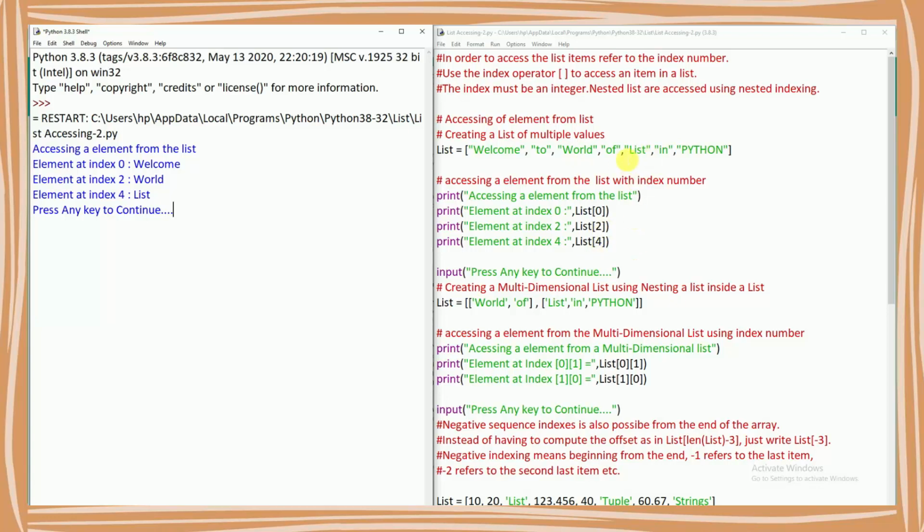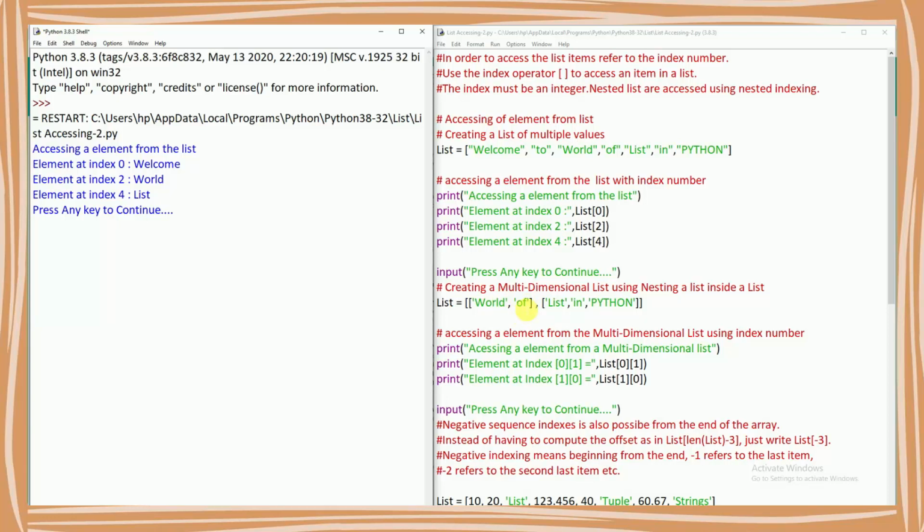Now in multi-dimension, these are two lists enclosed in another list. That's what is called a nested list, a list inside a list. So world of is 0, 1, and list in Python is 0, 1 and 2. Element 0, 1 means this is the 0 element and in that, 1 means this is 1.